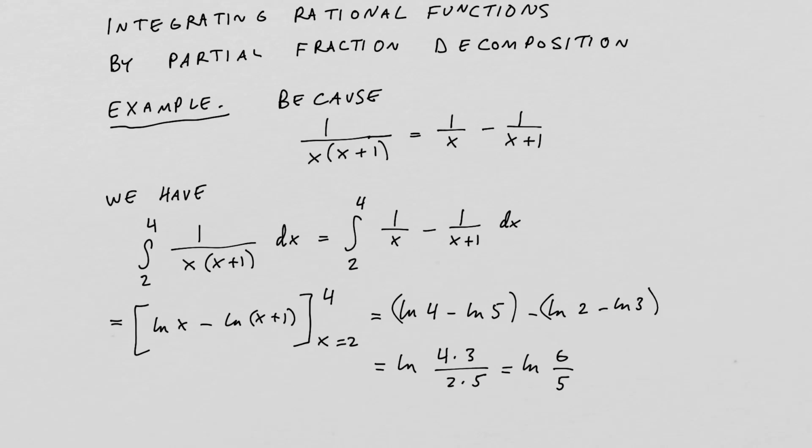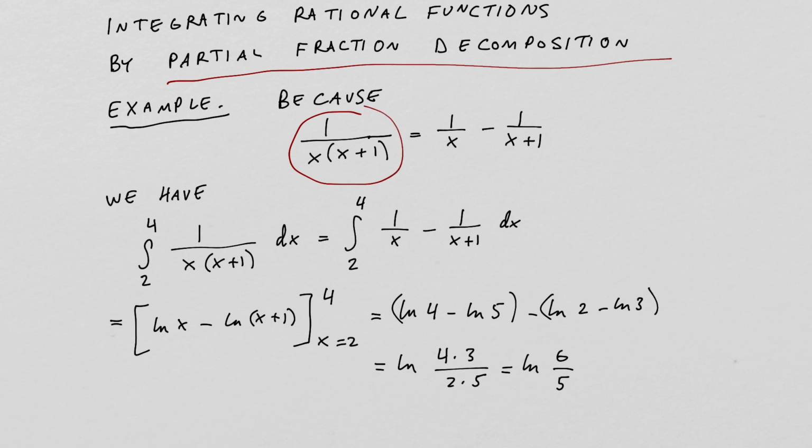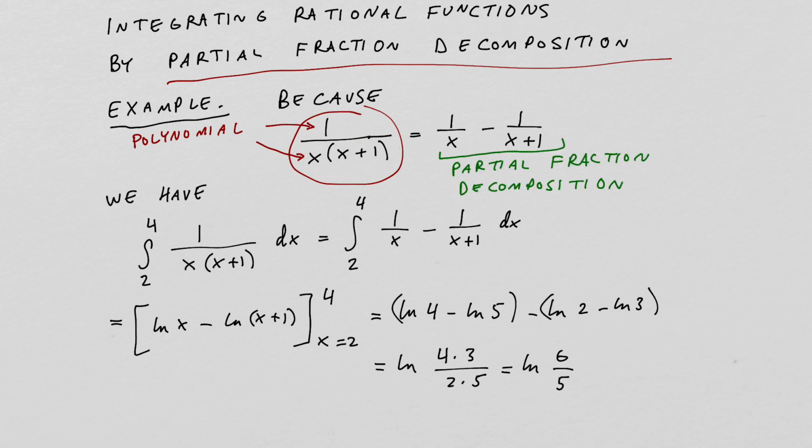Let's learn how to integrate rational functions by using the partial fraction decomposition. For example, here is a rational function. The numerator and the denominator are some polynomials of x. On the right, there is a partial fraction decomposition. So instead of one fraction, we have made two fractions,